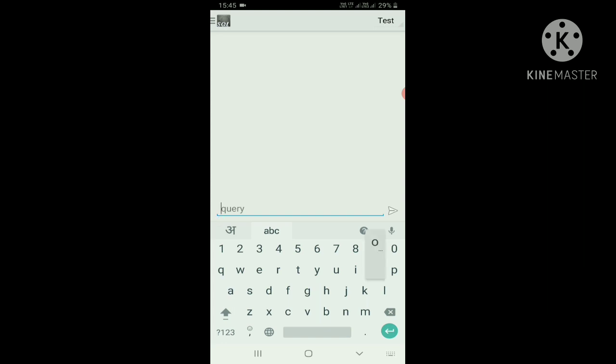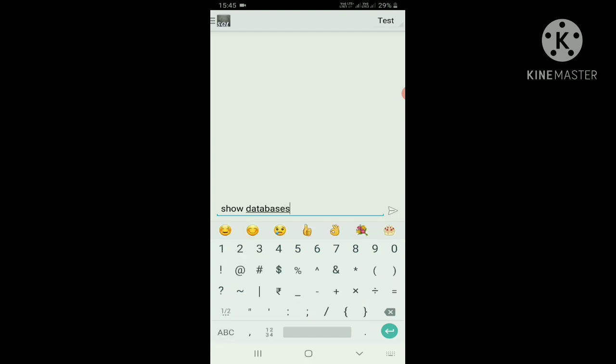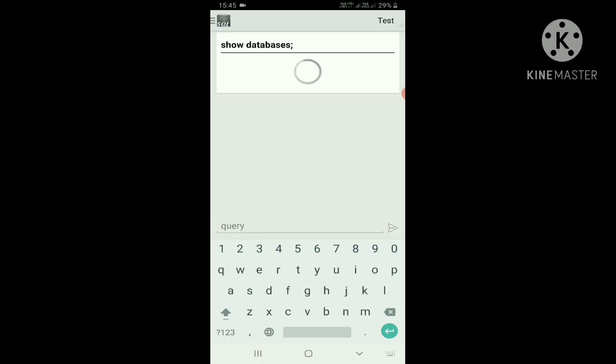First of all, select and write databases. If a database is available, it will display. Otherwise you can see there is no database here.